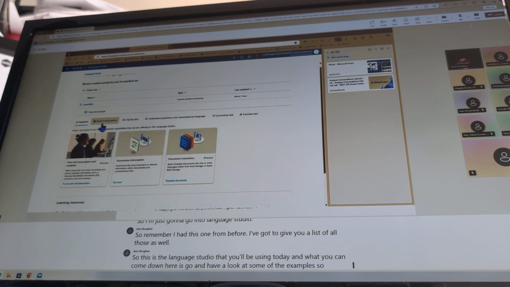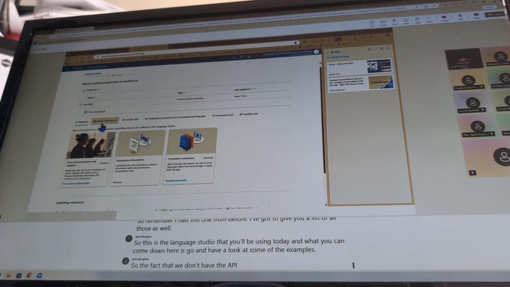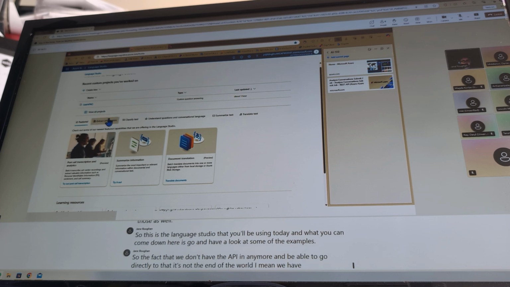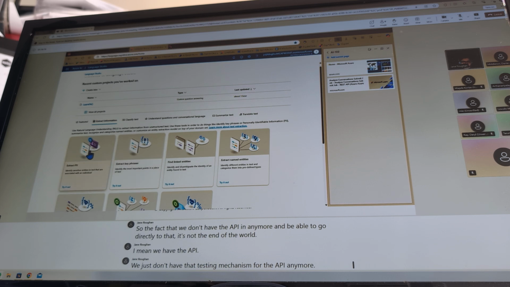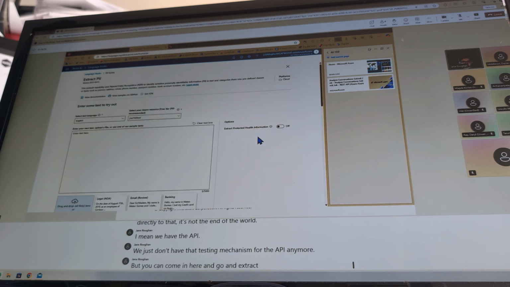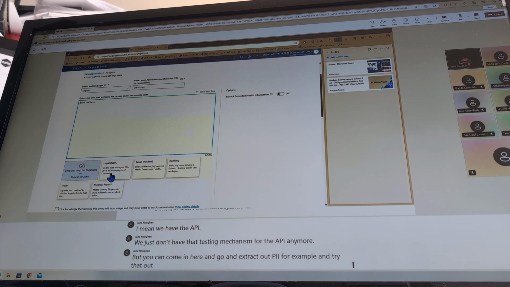So the fact that we don't have the API in anymore and can't go directly to that is not the end of the world. I mean, we have the API. We just don't have that testing mechanism for the API anymore. But you can come in here and extract out PII, for example, and try that out. So you can even use these